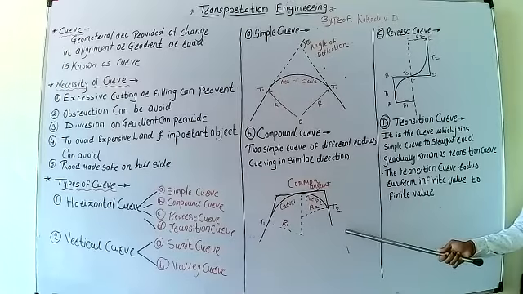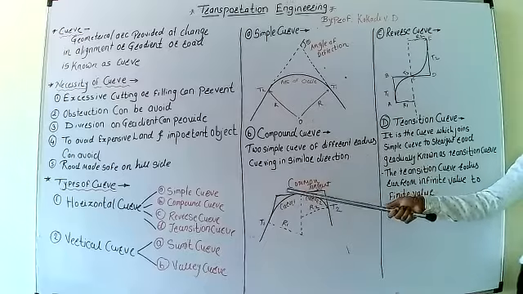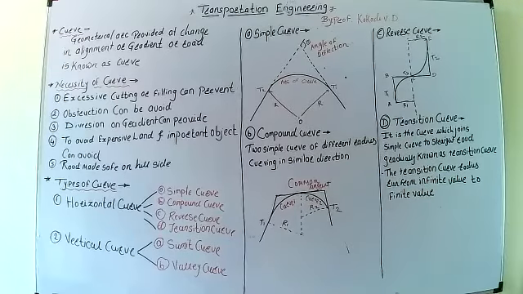So here you could see the angle between two tangents. If we further continue the tangents, you could understand the deflection angle is very different. So that's why we provide the compound curve. A compound curve acts to avoid cutting through hard rock, heavy cutting or filling in the alignment of a road or track. Compound curves are provided.